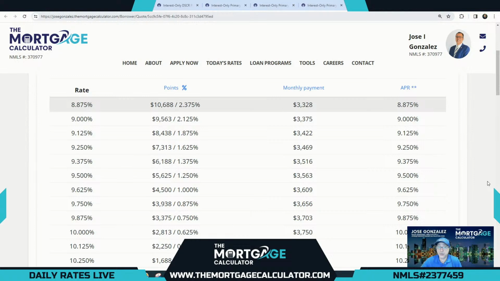And as I always like to note during this presentation, in the interest rates that we give you, we are assuming that we are not receiving any bona fide discount points, which would affect our compliance test, right? So here I'm showing you the rates that would be able to pass a compliance test. However, if, for example, the seller in this transaction is giving a seller credit and paying some fees for the buyer, you could apply that seller credit towards the loan discount, and any amount paid by the seller would not get counted towards your compliance test. So then you could buy this rate down even more.